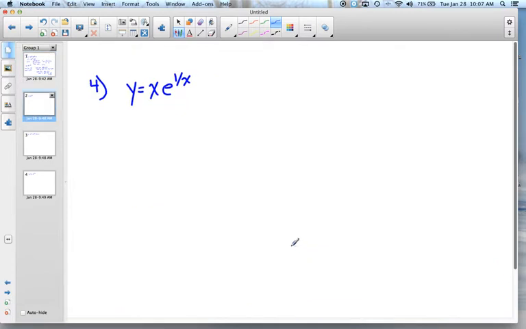Let's look at number 4. This one's a little bit more complicated as far as the derivative. So we start by finding the derivative. And you're going to need to use the product rule. So if I consider the x as u, so u prime is 1, and v prime, remember the derivative of e to the 1 over x is e to the 1 over x, times the derivative of 1 over x. Remember, this is the same as x to the minus 1, so it would be negative x to the minus 2. So we have a negative e to the 1 over x